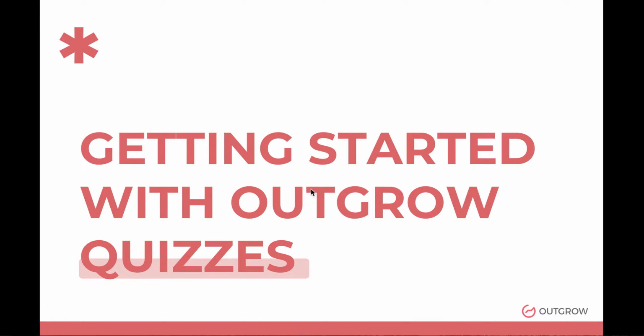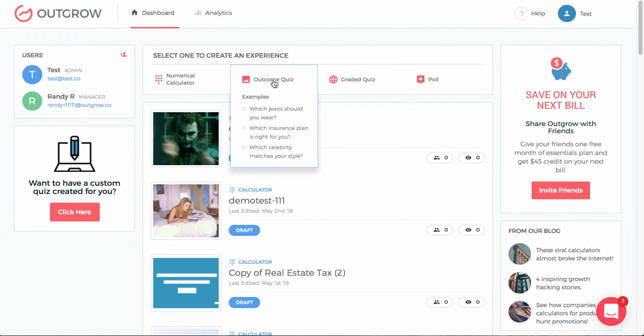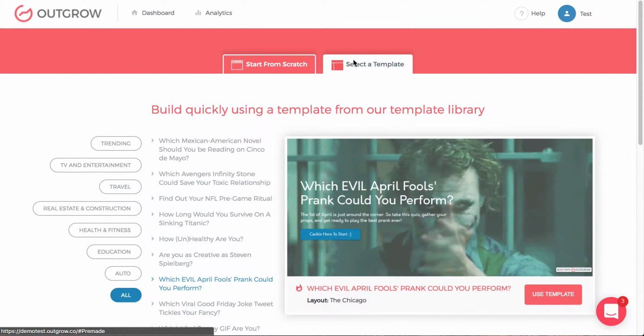Okay, so how do you go about getting started with Outgrow quizzes? The first thing is to focus on quiz pre-made templates. Similar to calculators, where you focus on pre-made templates, the same goes for quizzes. That's the best way to get started. So you go into the dashboard view, you click Outcome Quiz, and then you select a template instead of start